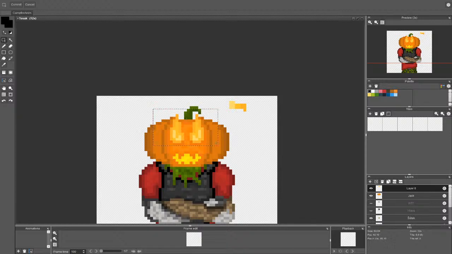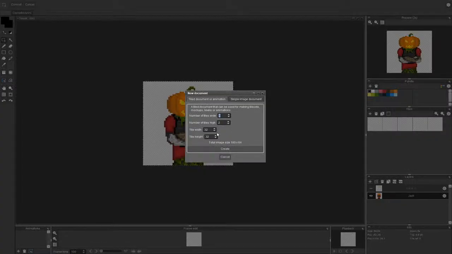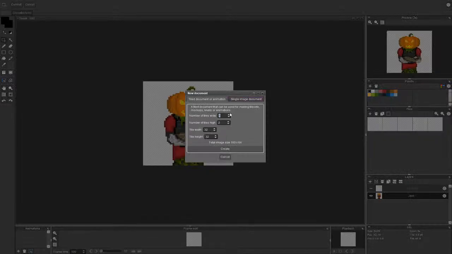Which means that I can delete this and let's export this. Let's export it like this instead. Oh no, excuse me. I don't wanna export this thing. I wanna merge everything. Make new animation. That's 64 by 64, and 7 frames long.